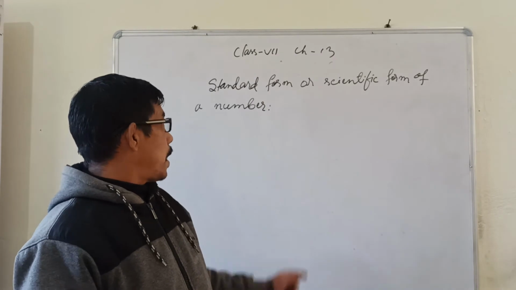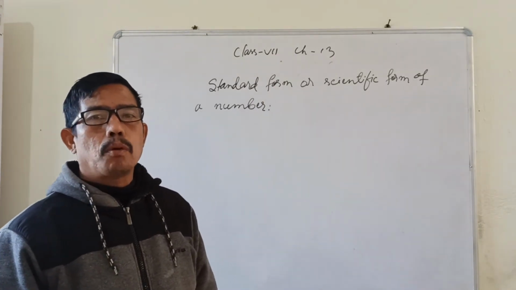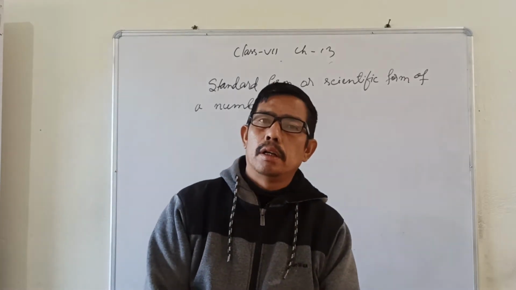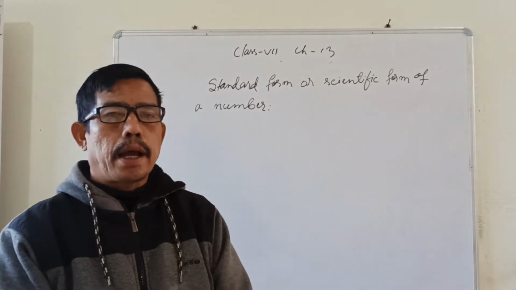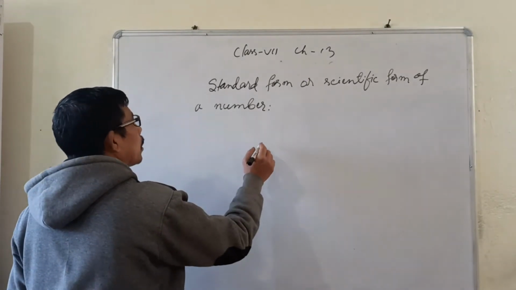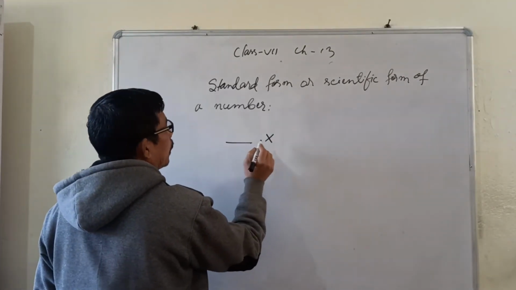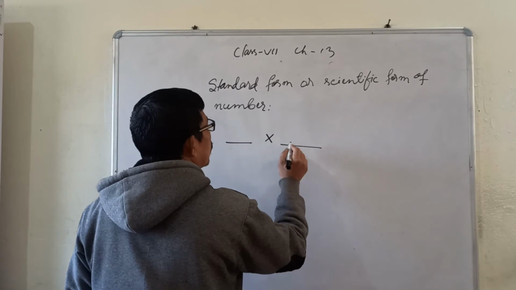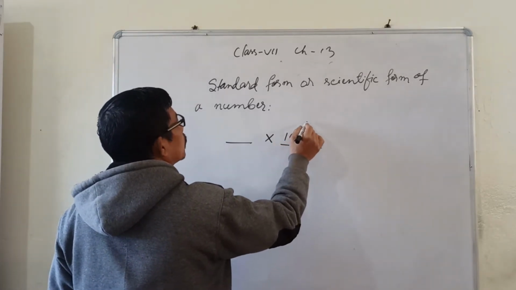That is the standard form or scientific form of a number. What do you mean by standard form or scientific form of a number? By standard form or scientific form of a number, we mean that the number should be expressed as the product of two numbers. One number here, another number here. This number should be 10 raised to some